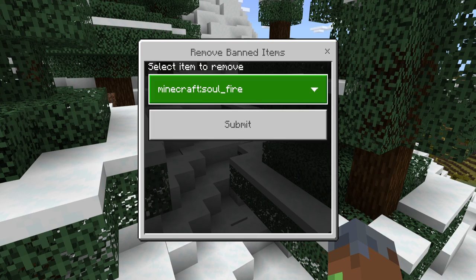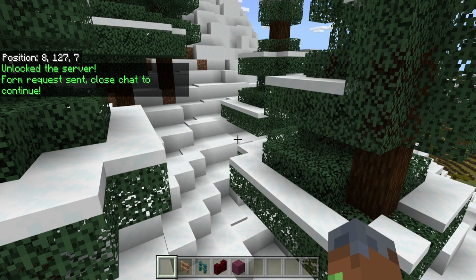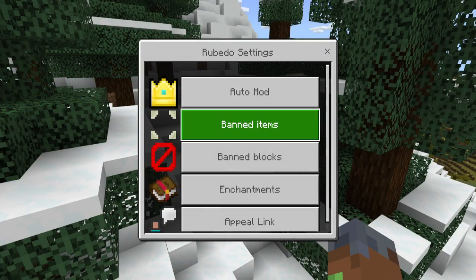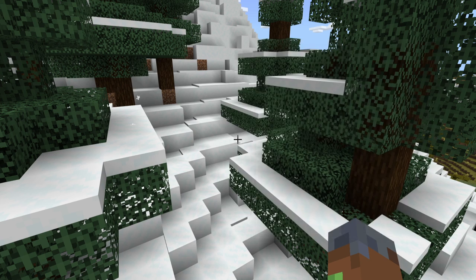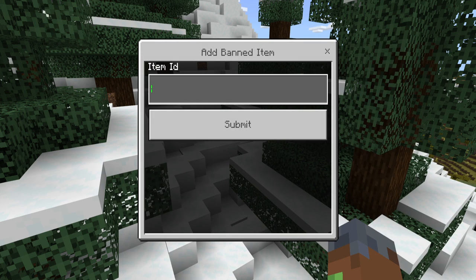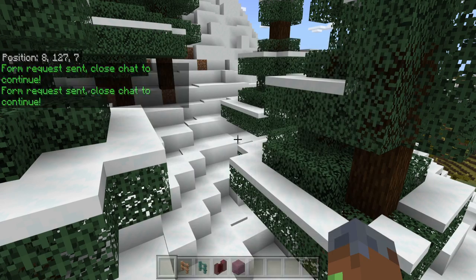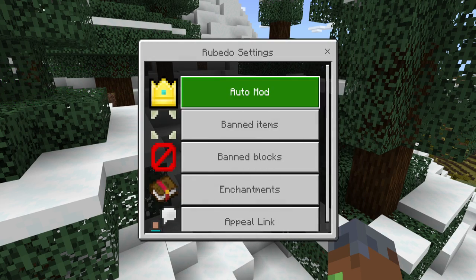So let's say I don't want Soulfire banned. Then we just click submit. But let's say I want to ban an item of my choice. It's important to note when you're banning an item here, if a player gets this item, they will automatically get violated and a ban will occur. So you can configure this how you want it to be in the automod